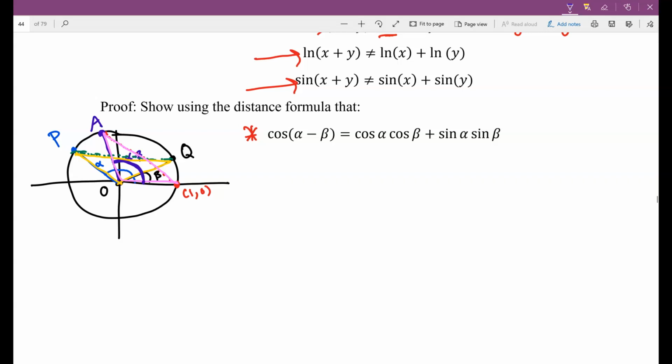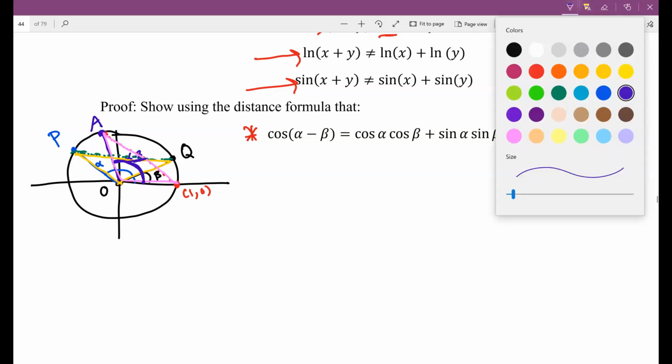If I were to rotate this one so that it's at P, these two triangles are basically the same. They're just rotated, because if this is alpha minus beta, then the leftover part should be the beta part, because alpha minus beta plus beta just gives me alpha. So these two triangles are basically the same, which means that the distances that I just drew,